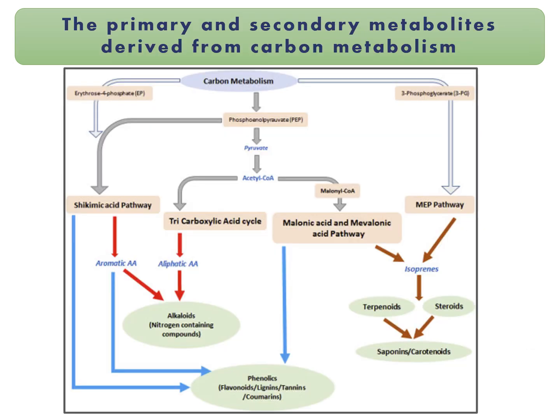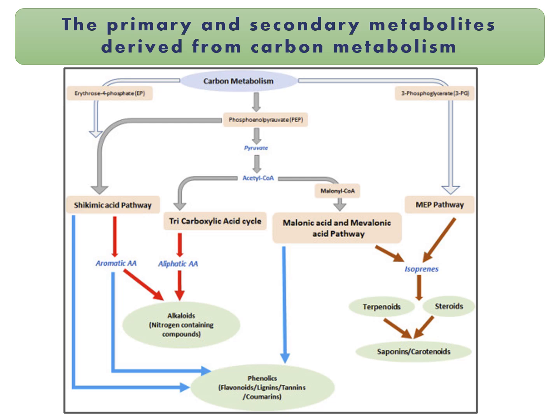Now, after the utilization of this primary metabolite, the carbohydrate, by the plants, at the end of this carbohydrate utilization they form some secondary metabolites. As I told you, secondary metabolites are nothing but waste products of the plants, produced after the utilization of primary metabolites by the plants for their growth and development.